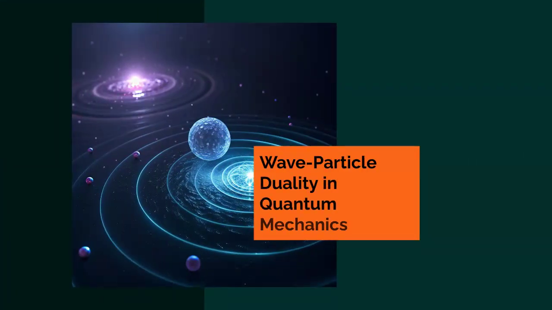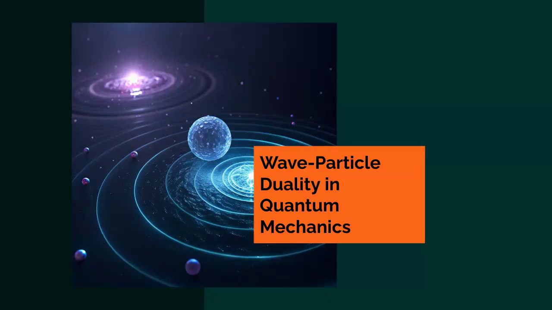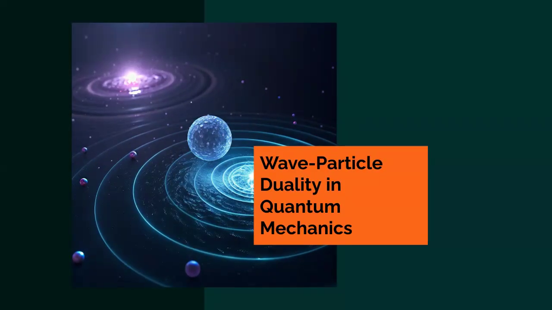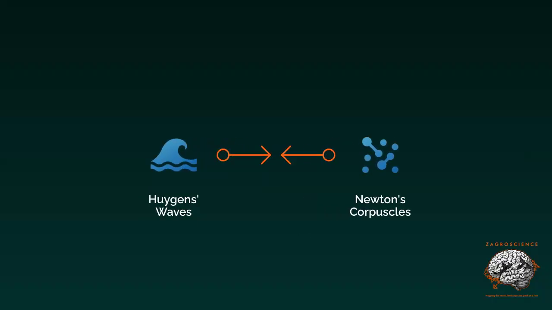Wave-particle duality reveals how tiny particles like photons and electrons can act as both waves and particles, a puzzle that took centuries to solve. These elementary entities display either wave-like or particle-like behaviors, creating an apparent contradiction that became central to modern physics. In the 17th century, Huygens imagined light as shock waves rippling through space, while Newton saw it as streams of tiny particles called corpuscles.